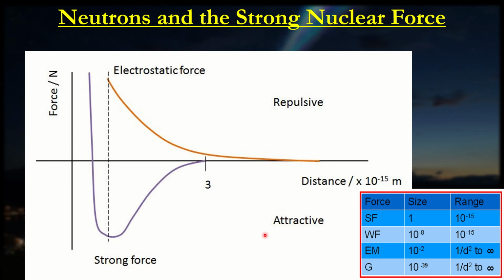Let's just give you a bit of an idea. If we draw out the scales of the different forces, the size of the strong force is, let's say, 1, and then we base everything relative to the strong force. The electromagnetic force, which is responsible for the electrostatic force, is about 100 times smaller than the strong force. What we actually do know is the strong force is incredibly strong when the particles are really close together. So let's say if I try to draw it out,